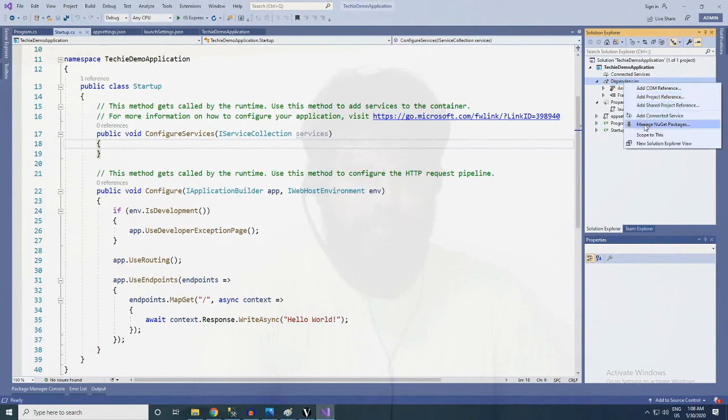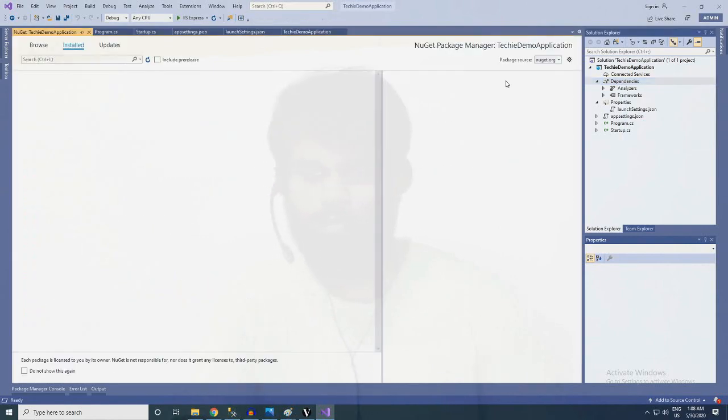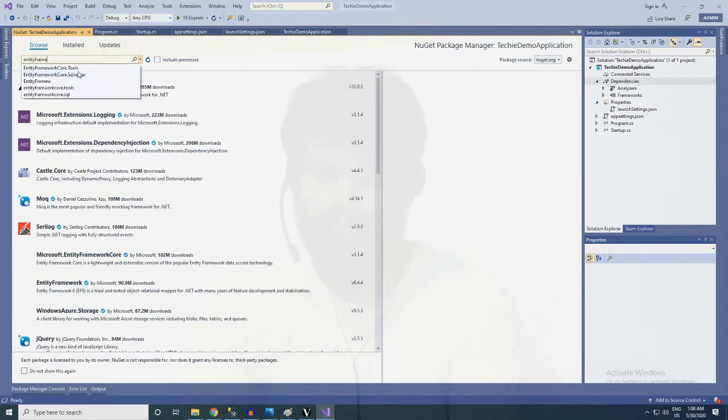Right click on and click on manage NuGet packages. So click on browse and search for entity framework core.sql server.